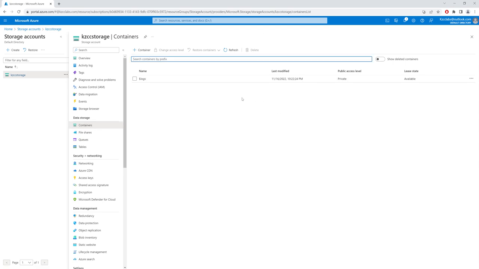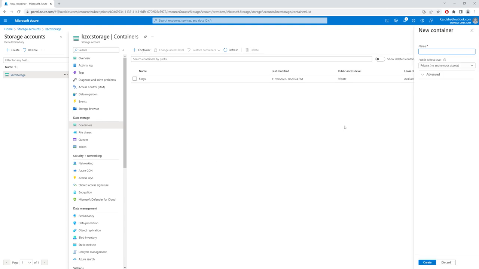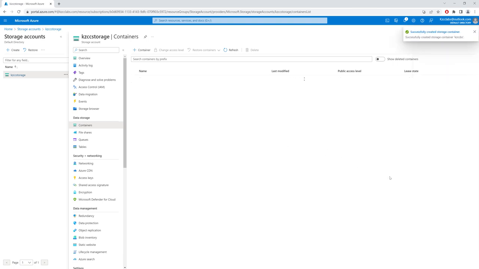Similarly, like I created my file share, I shall create a container by clicking on the plus container sign. Let's give it a name. Okay, CC blob storage and click create. So similar to my file storage or my file share, I have created a blob storage. In order to create a blob storage, you first need to create a container. Let's click on my container